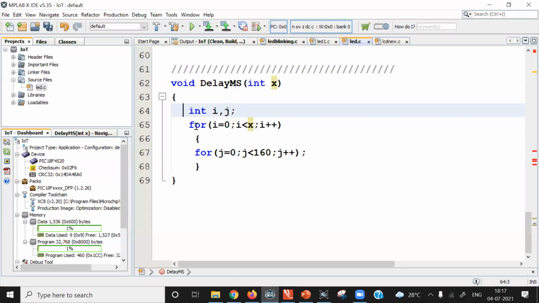After that, I have set up the first for loop. In the syntax of the for loop, all of you are already aware that you must initialize the counter variable here, that is i. Then there is condition. This x is used here for condition. This for loop will be continued as long as this i is less than x.